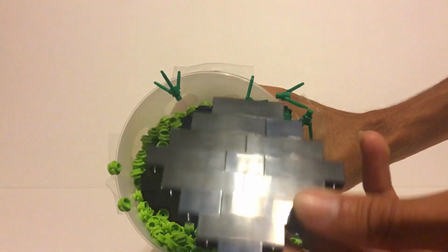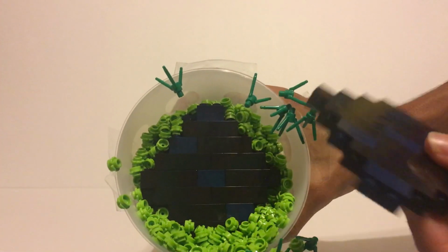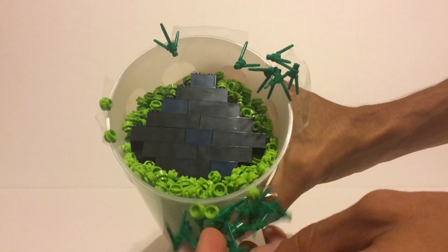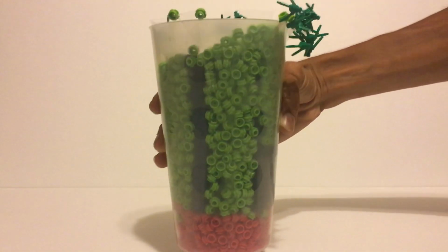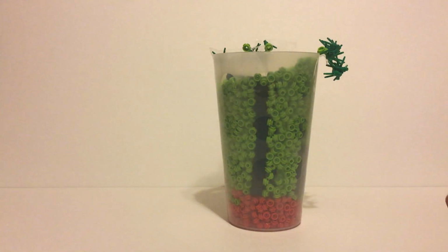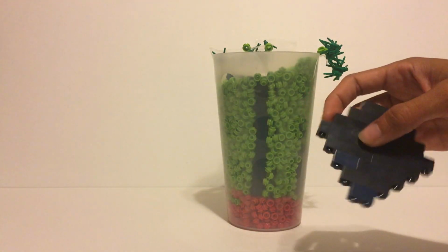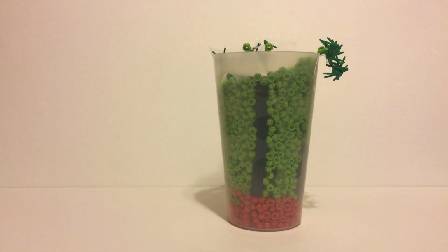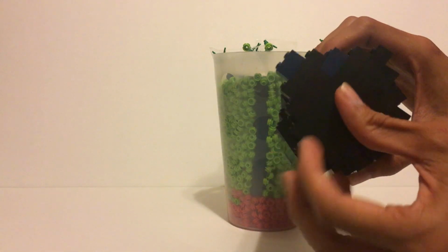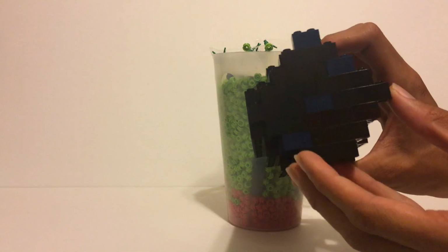Now, these ones I actually did in panels. It's just easier that way, personally. I don't know why I connected the first one earlier. I think it's because I was having a conversation and I just wanted something to do, and I wasn't really paying attention to how I was putting the parts together. So for this one, I just kind of connected the pieces, but you can see they have roughly the same